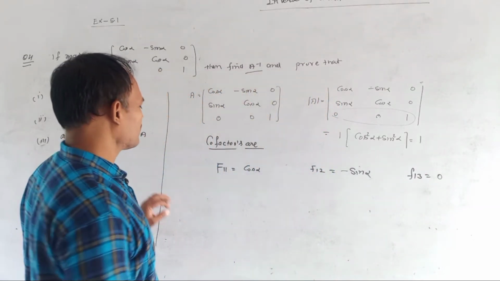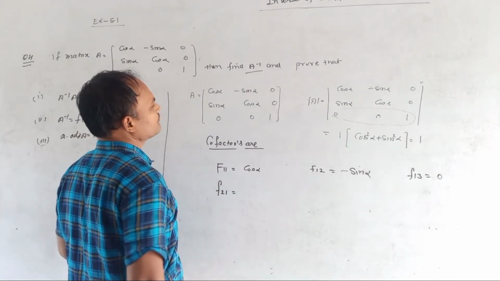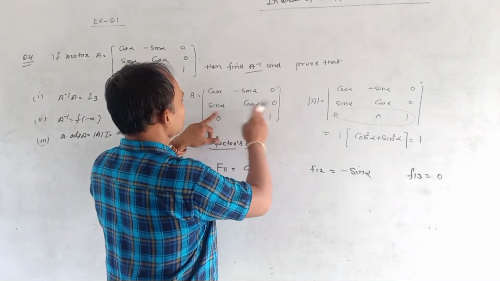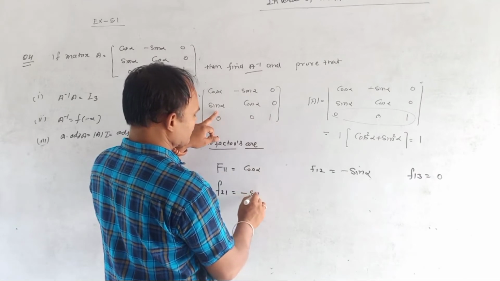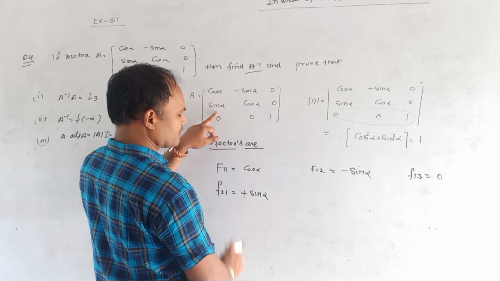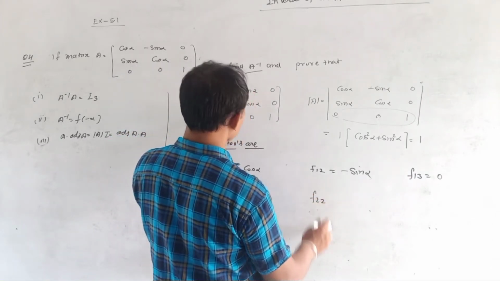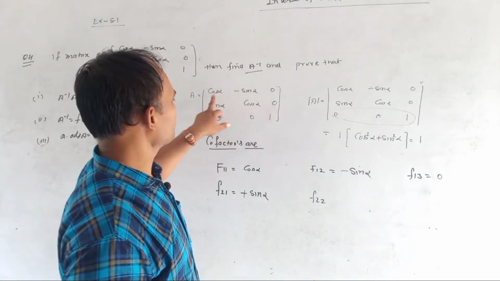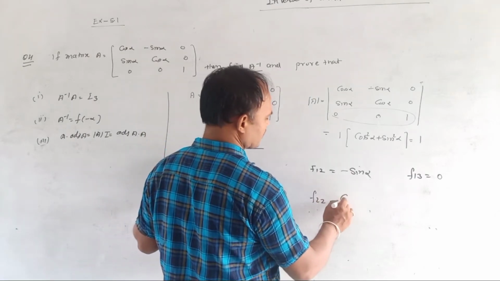Okay, so now we are going to find f21. What is f21? We are going to find with this, so this and this are removed. So it is minus sin alpha minus 0, so it is minus sin alpha. But students, it is 2 plus 1, so we have to use a negative sign before it, so it is positive. So f22: we find with respect to this, so this and this are removed, so the remaining part is cos alpha minus 0, so we can say that it is cos alpha.